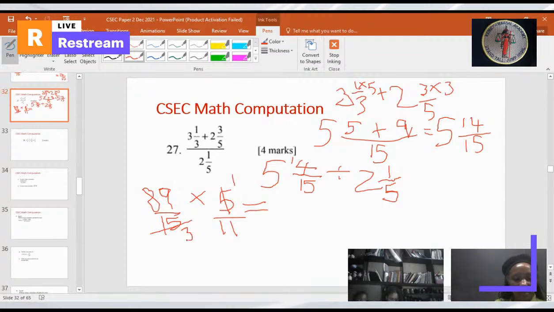So at the top we have 89 times 1, which is 89. And at the bottom we have